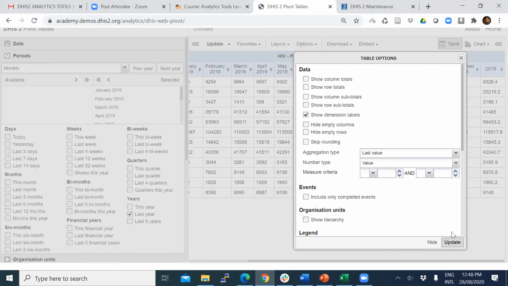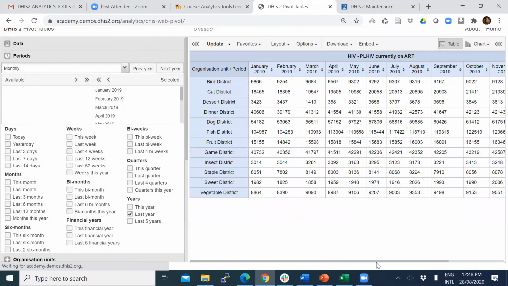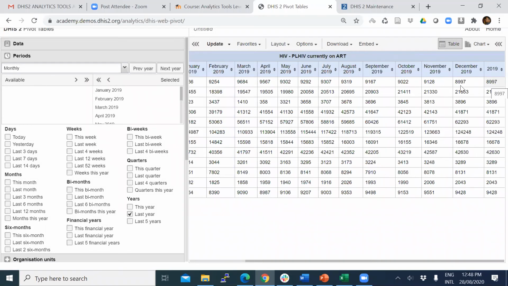Now see what is happening to our data. The 2019 value is now changed. Now it is not the average, but the value exactly reported in December.